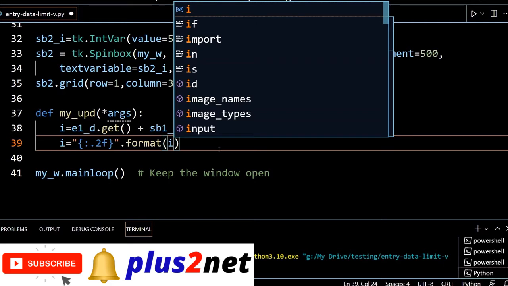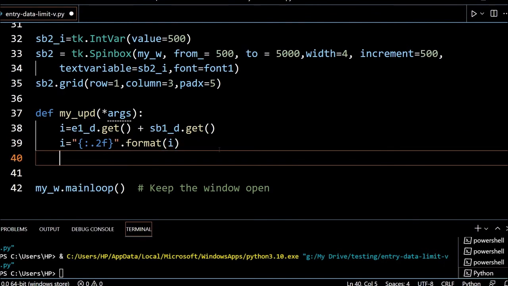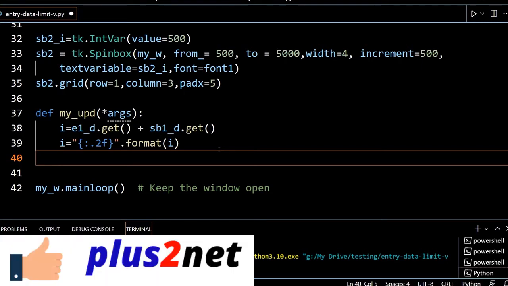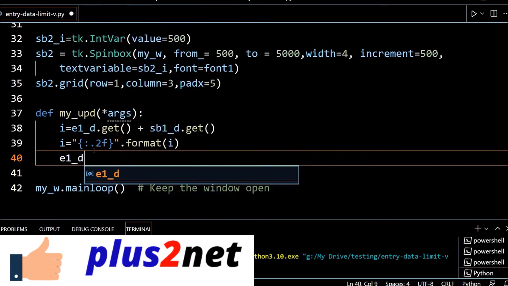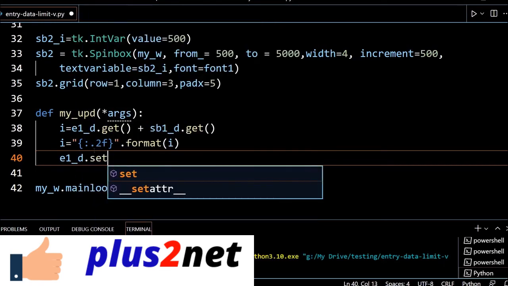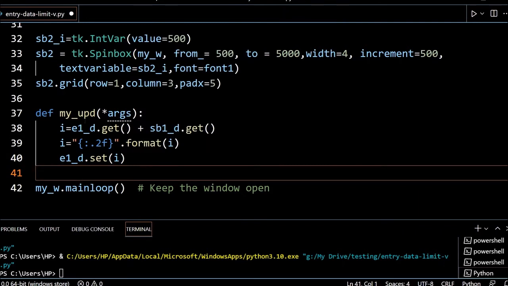It is for displaying purposes. Now I transfer the value I got with e1d dot get, and use the set method, e1_d dot set, setting the value for i. That's all. So I read the value, read the increment value, add them up, change the format and set that to i.